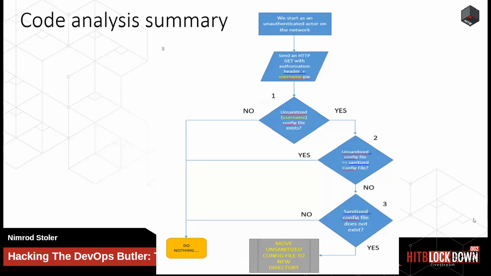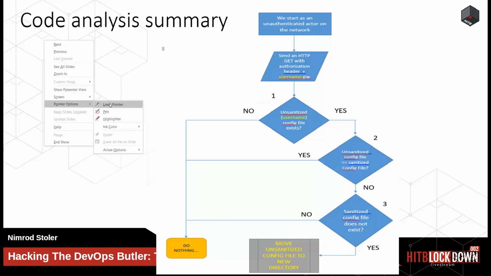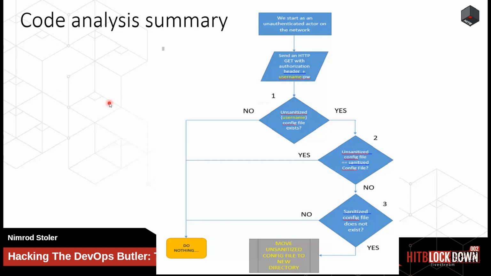All right, let's look into this flowchart and then analyze the code. We begin as an unauthenticated actor on the network and send an HTTP GET with a simple authorization header with username, password. Our first checkpoint is testing whether the unsanitized config file exists. If there is no unsanitized config file on disk, then we simply do nothing. However, if an unsanitized config file does exist on disk,